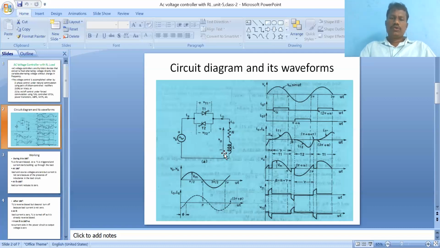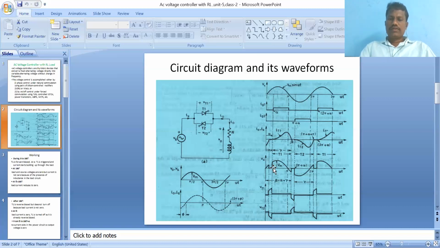Due to the presence of the inductive load, during the positive half cycle the inductor stores energy. This energy is transferred directly through thyristor T1. T1 stays in conduction mode until the negative half cycle starts and the second firing pulse is given to the second thyristor. That's why you get a negative voltage. During that negative output voltage, the output current is still positive, not zero.